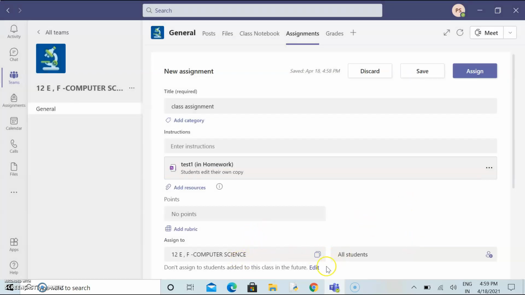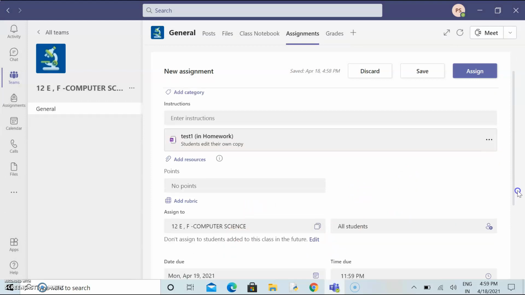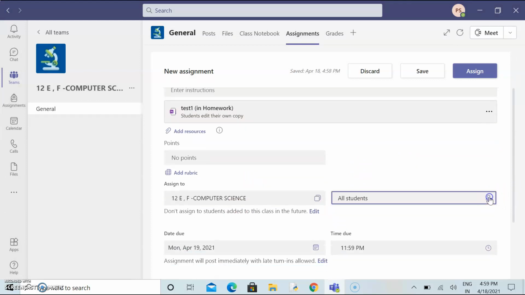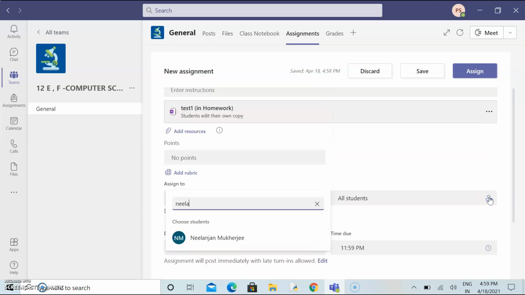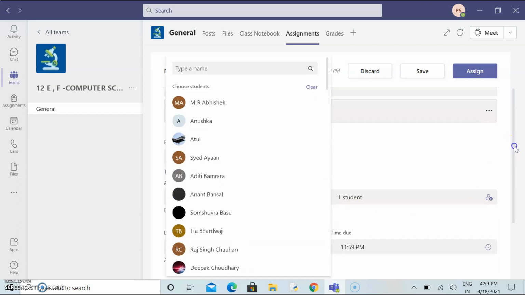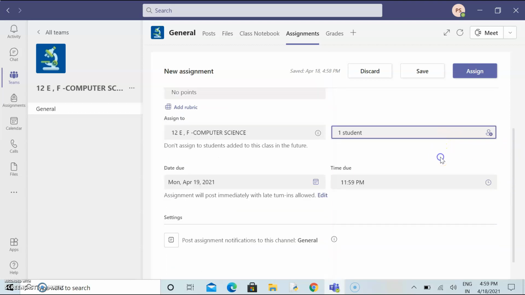Here by default it will be shareable to all the students of your class. Here for the time being I am just sharing it with one student. And if there are multiple channels, then you can click on the edit button.